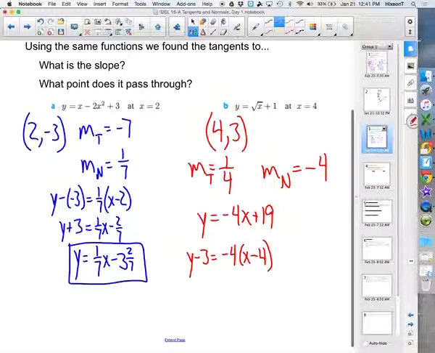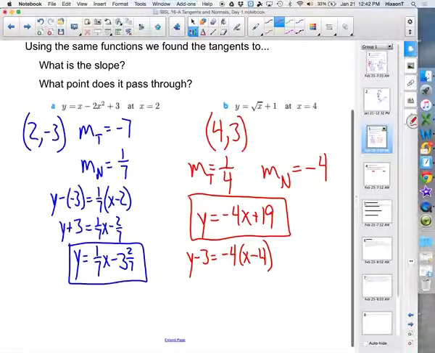So you got a positive 16 plus the 3 to get your plus 19. All right. Does that make sense? Okay. All right. So the normal line, that's one application here of